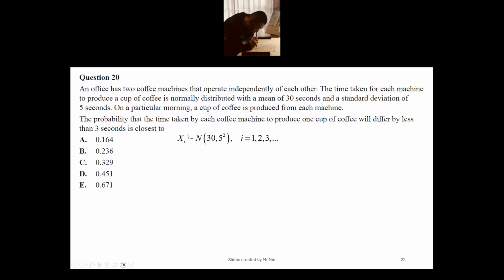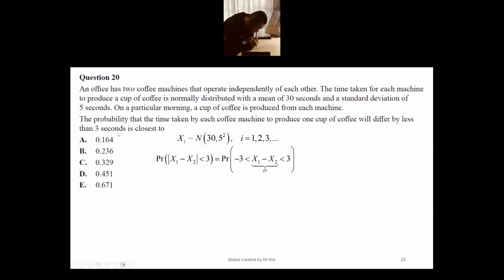So I would just name the production time from each machine as X, and it's normally distributed with mean 30 and variance 5 squared. Notice that these will be identically distributed random variables. So that you have X1, X2, X3. Maybe you have 3 machines, 4 machines, etc. In this case,